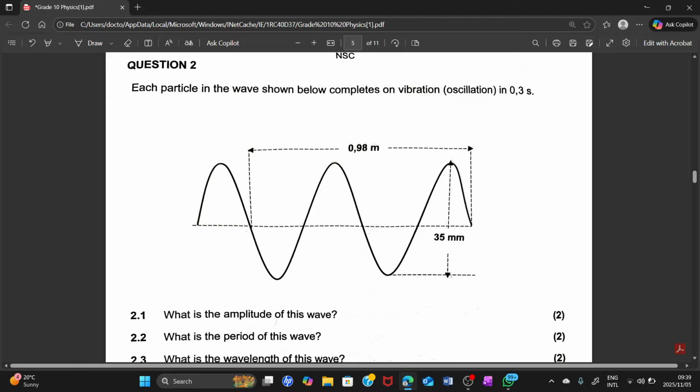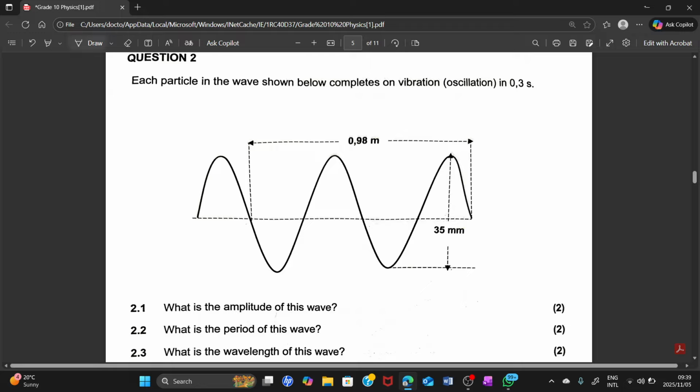So the answer for 2.1, you are going to say 35 divided by 2 is going to give you